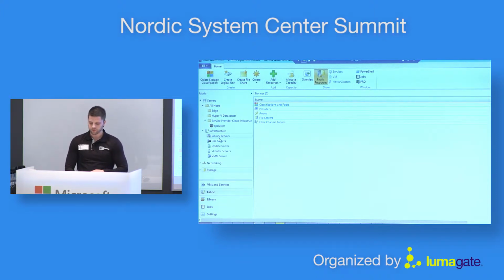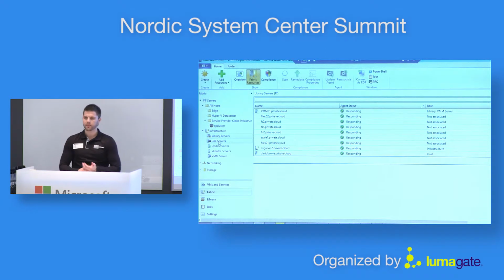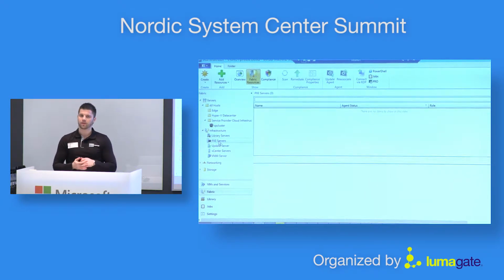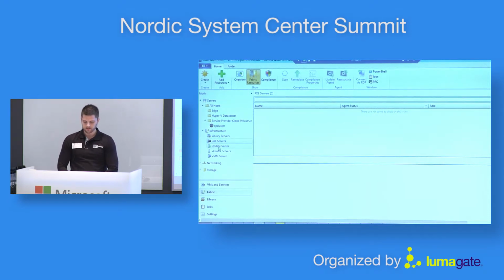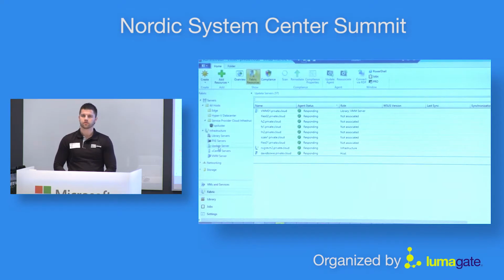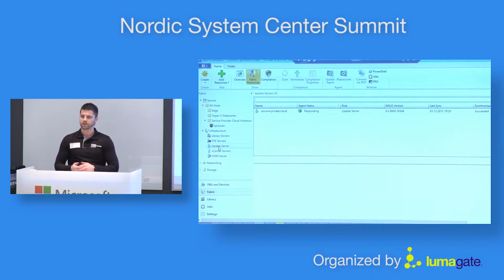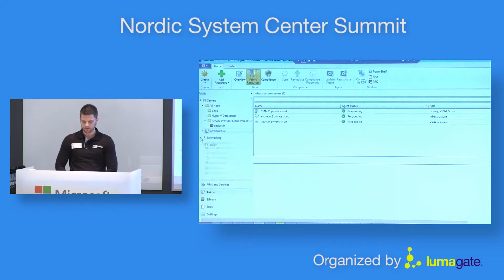I can add library servers, I can integrate with PXE servers for bare metal deployment of virtualization hosts. I can integrate with WSUS to orchestrate patching of my cluster and virtualization hosts. And also can integrate with vCenter. Now, that was the server part. For networking, using standard-based management, I can add